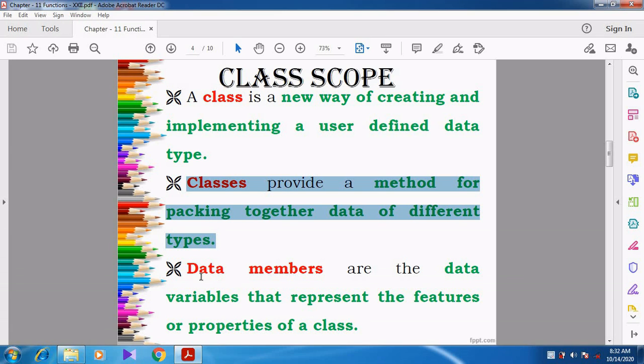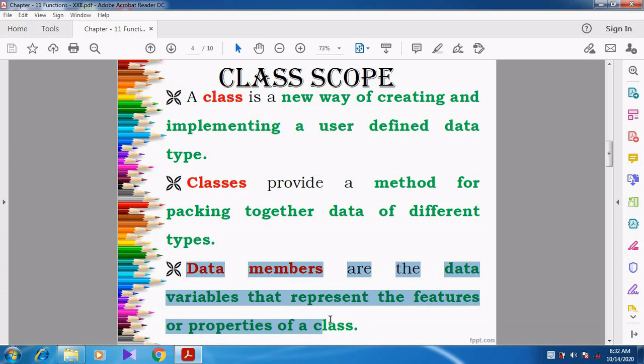Inside the class, we declare variables, but those should not be called variables. We should call them data members. Can you understand, students? Whenever we declare a variable outside the class, it is called a variable.